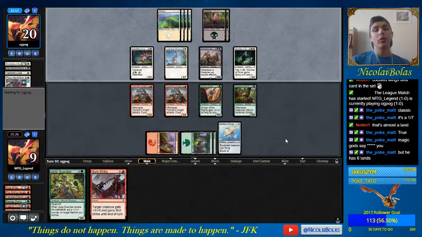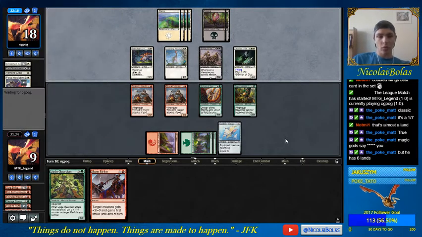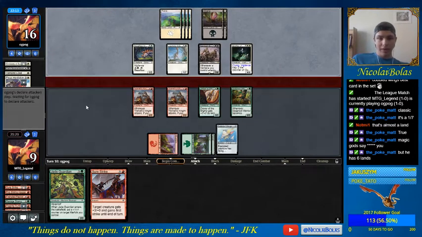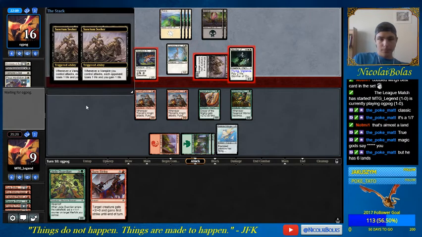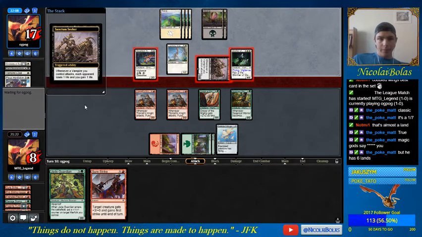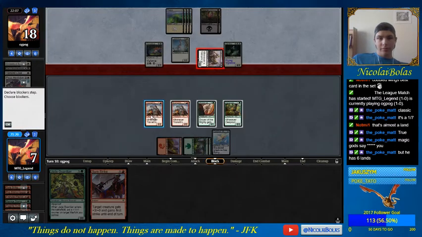Wow. This is one of the most tilting losses because, like, if I'd drawn a 3rd land by turn 20, like, I literally made it to turn 7 without a 3rd land. So now he's going to have...